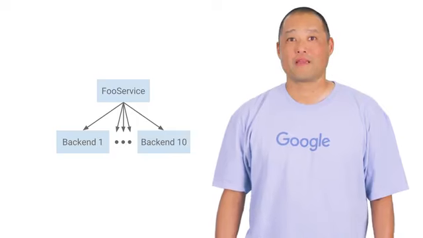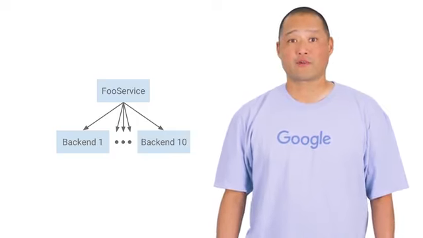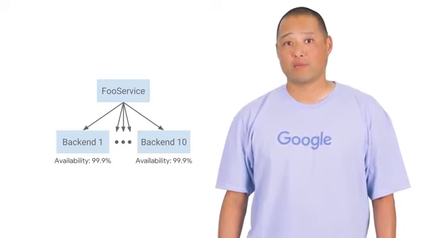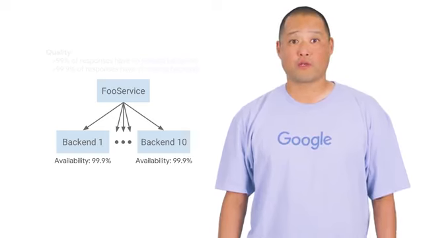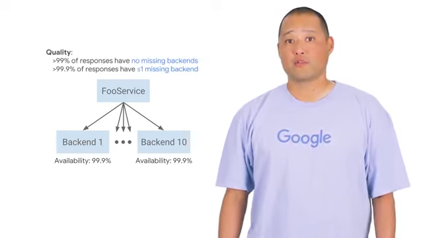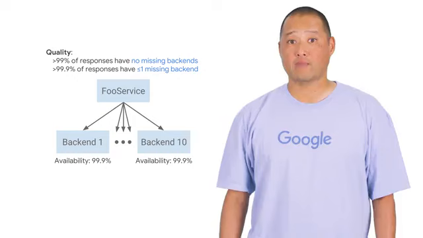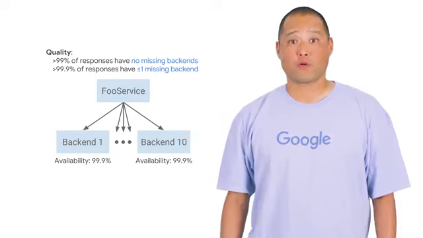Similar to measuring latency, if the quality degradation falls along a spectrum, it can be useful to set the SLO targets at more than one point from that spectrum. For a somewhat contrived example of this, consider a service that fans out incoming requests to 10 optional backends, each with a 99.9% availability target and the ability to reject requests when they are overloaded. You might choose to specify that 99% of the service responses must be served with no missing backend responses, and 99.9% must be served with no more than one missing response.